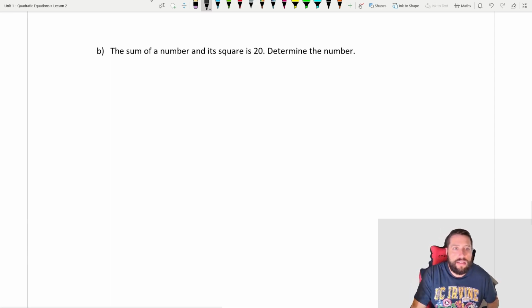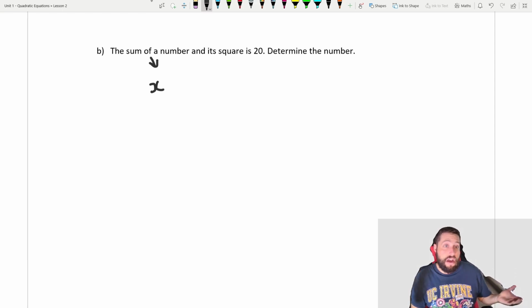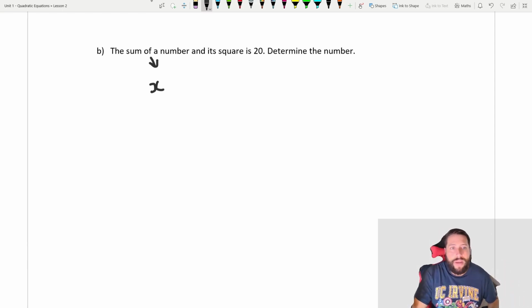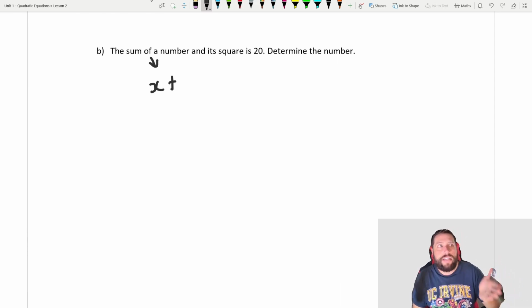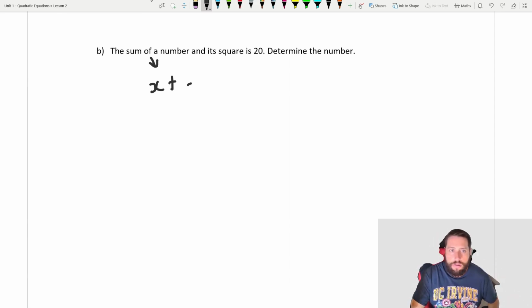So we can say that the sum of a number, well, we don't know what the number is technically, so let's call it x, because that's a number. Sum means you're going to add, okay? So the sum of a number and its square. That means the x must be the same number, and its square must be 20, okay? So from there, the sum is your addition of a number, and then its square